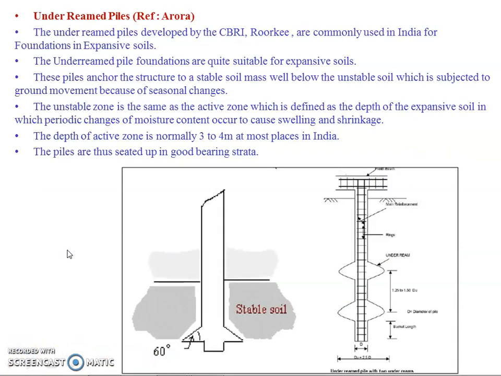There are some construction techniques for black cotton soil or expansive soil. There are a number of techniques like underream pile, stone column, vibro flotation, and preloading. We can start with the underream pile. What is an underream pile? It is like a regular pile, but as per this figure there are two ream portions, or bulb portions, indicated in this figure, and this is called the underream portion. In this figure two underream portions are there.